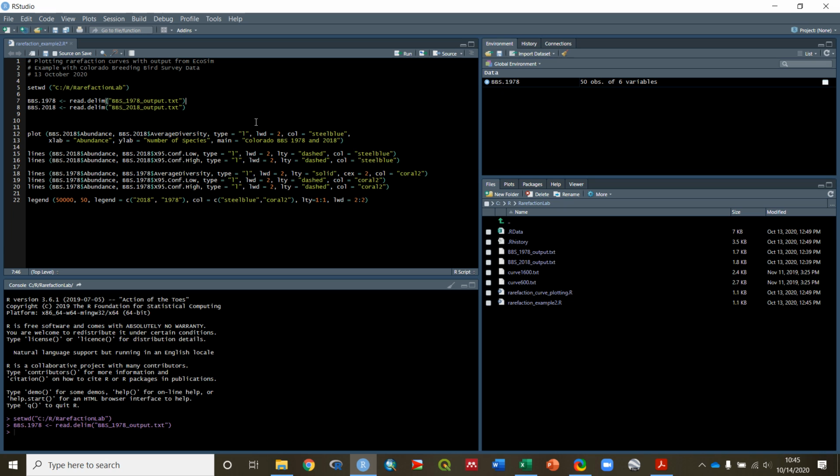Okay, so 6 columns in the EcoSim output. I'm going to do the same thing here, add the 2018, and now I'm just going to plot it, right? So I'm going to use the plot function. If we use help, I'm going to go down to my console window and put help, and in parentheses, plot. And you can do this with any function, and it'll bring up